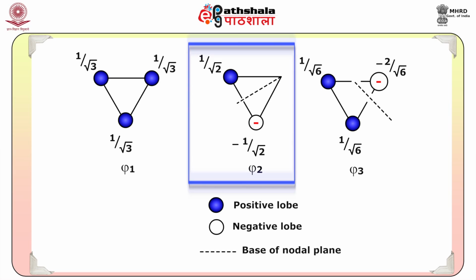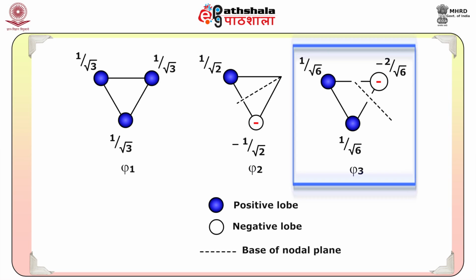And for the molecular orbital Phi3, coefficients C1 and C2 each is equal to 1 upon under root 6, but for C3, as you can see here, the coefficient is minus 2 upon under root 6 and therefore the negative lobe is shown. After having calculated the wave functions for the three molecular orbitals, now we can calculate the electron